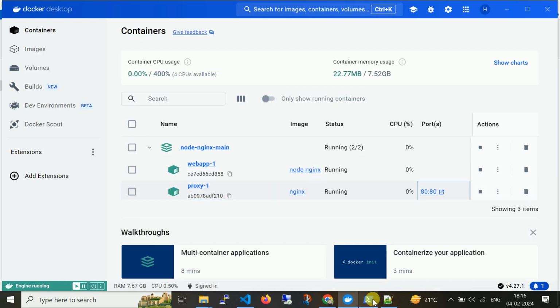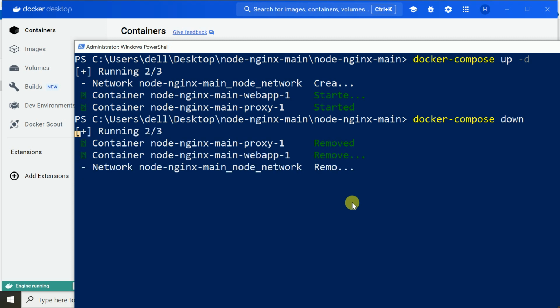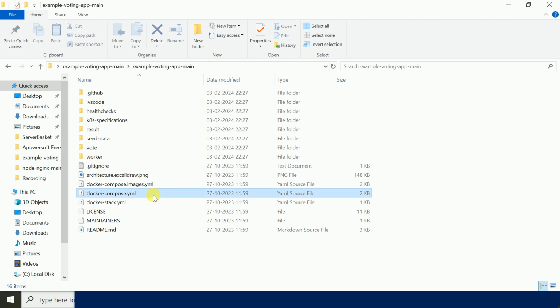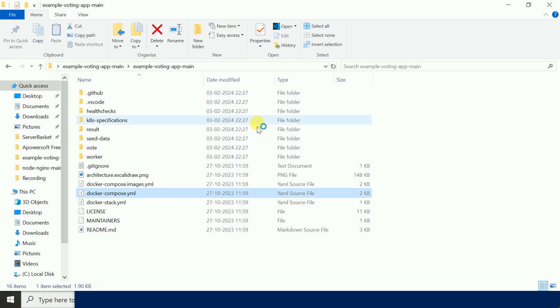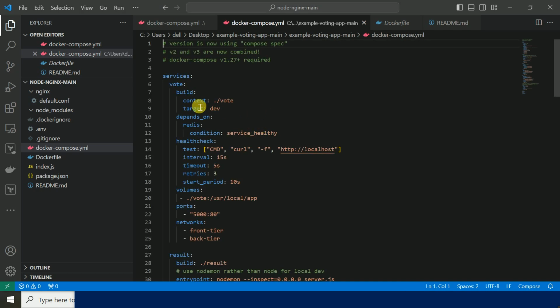Let me first run docker compose down. Meantime, I'm just opening this docker compose file. It's a multi-tier application, so it must have some complexity. So here you can see some services defined, with the vote application built from the vote directory, where you can just have target development, depends on the Redis condition.